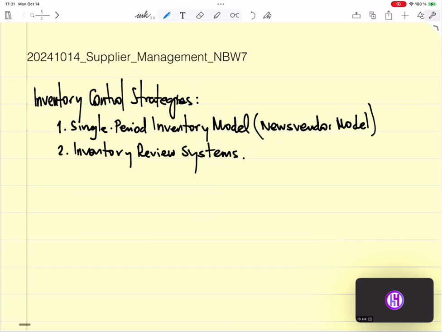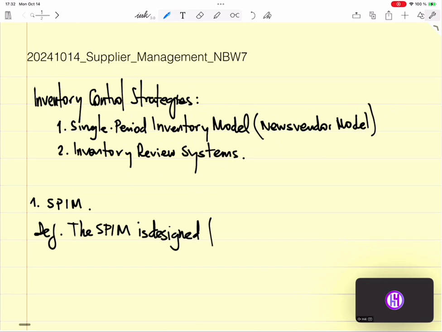So one, the single period inventory model. So definition: the single period inventory model, also known as the newsvendor model, is designed for managing inventory in situations